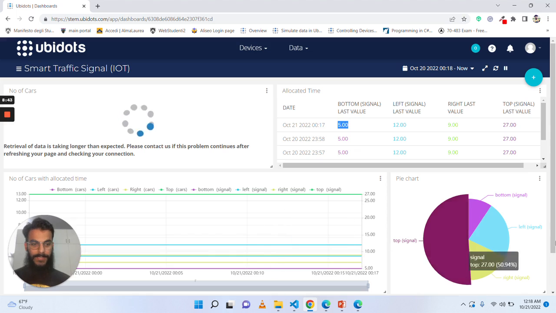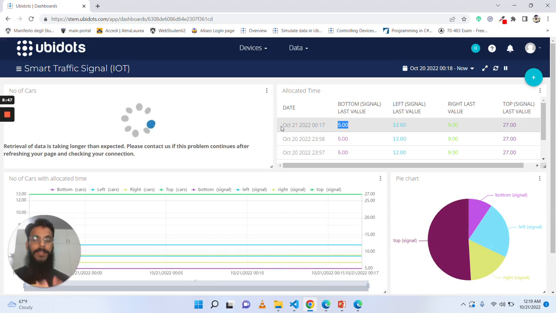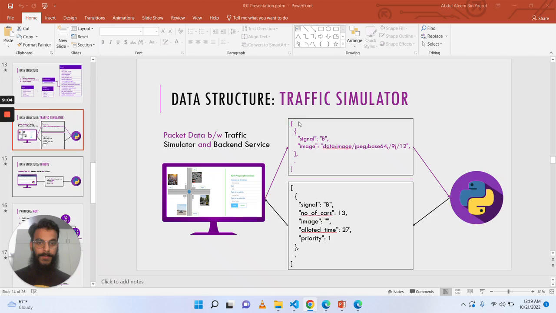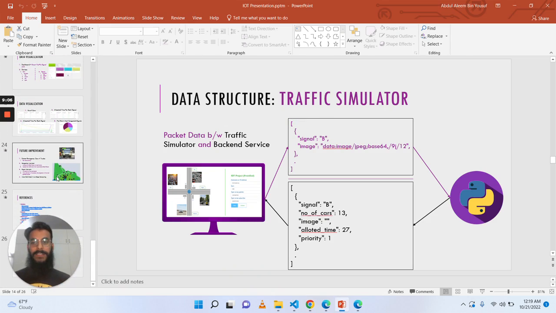So you can see a different representation of the data, but you can still use this data to analyze the rush hours on the traffic signals in different areas, so that you can remove the congestion before those rush hours.